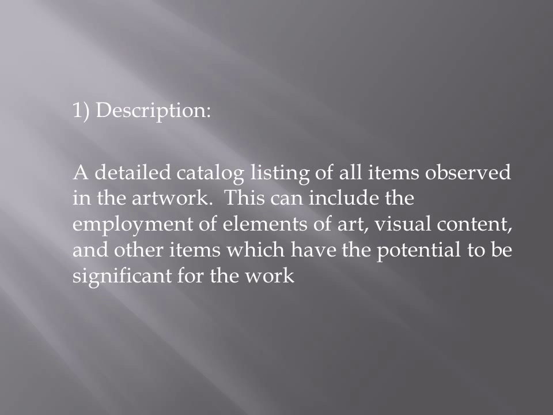So description. The description is a detailed cataloging of everything that's seen in the artwork. That can be the elements of art, the principles of art, the visual content, in other words, who's there, what's there, and any kind of other items in the artwork itself that have the potential to be significant for the work. This is the first point of phenomenology, and this is perhaps the most important, because once a significant and detailed cataloging is made, it allows the person who's making a judgment to see things and see relationships and to come to ideas that they would not have come to before had they not spent the sufficient time required to